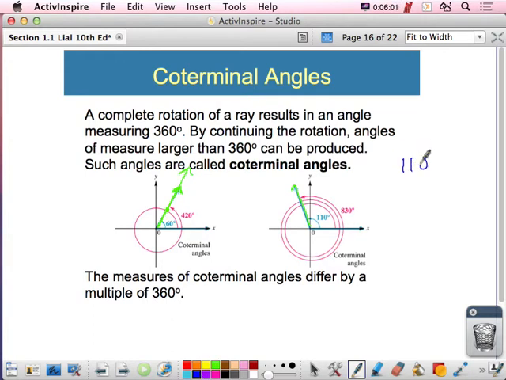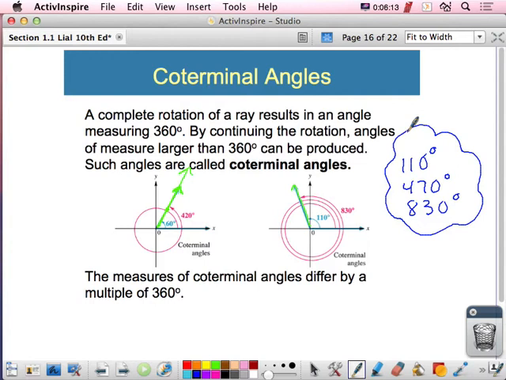So like 110, and then where was the next one? 470. And then if you add 360 again, you're at 830. All three of these angles, trigonometrically speaking, or these rotations, everything about them is exactly the same. It's just how many times I had to revolve around to get there. So if I'm going to work with one of those angles, which is the easiest to work with? 110, yeah. So let's talk a minute now